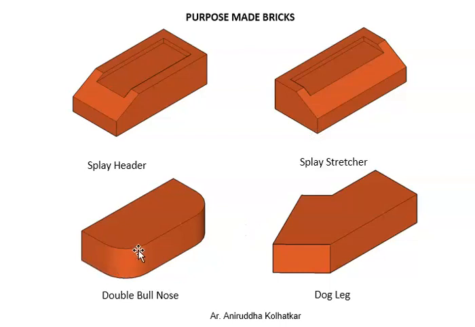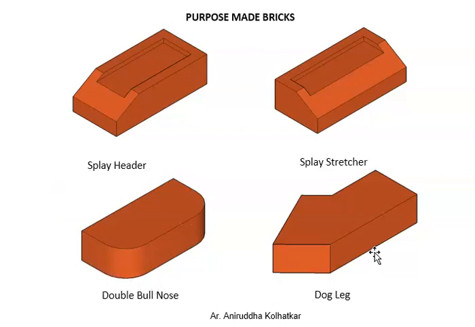Then this is called a bull nose. The corners of the brick are molded into a round fillet. This is called a bull nose brick. When there are two such round edges, we call it a double bull nose. When there is only one round edge, we call it a single bull nose brick. These again can be used at the corners of brick columns or piers to form a more aesthetically pleasing looking column or a pier.